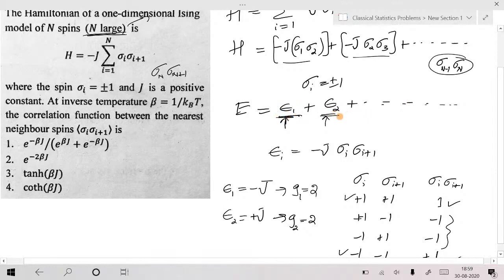First energy term, second energy term. Okay, maybe in the case of an n-particle system, in the earlier problem, we got the same thing: E is equal to E1 plus E2 plus E3. But these energies were individual particle energies. Now I don't call it an individual particle energy, I call it an individual term in the energy. But exactly this will behave similarly.